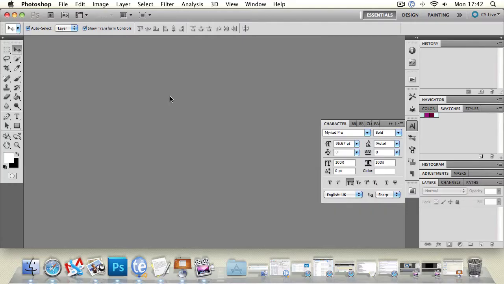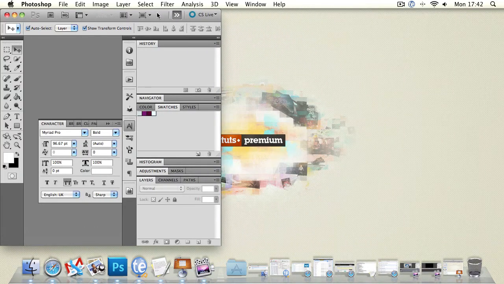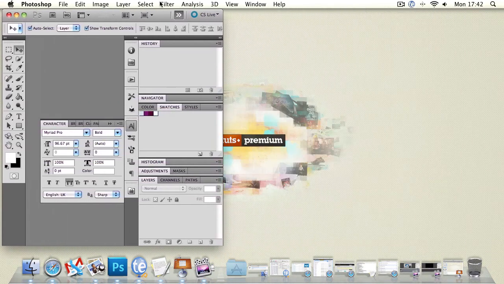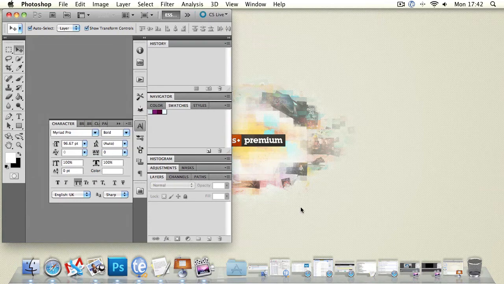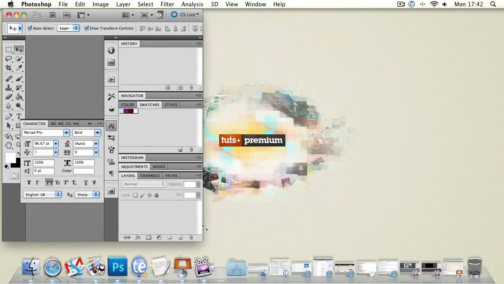So far we've shown you the basics of the Photoshop interface in our first couple of lessons, and now we're going to show you how to customise the overall appearance of Photoshop to your liking. If you're working on a Mac and also on Windows, you've got the option of either window mode or the application frame. Currently we have application frame mode turned on. What this does is it gives Photoshop an application frame which you can resize. You can have another document, another program, whatever you want open over here and still be able to work within